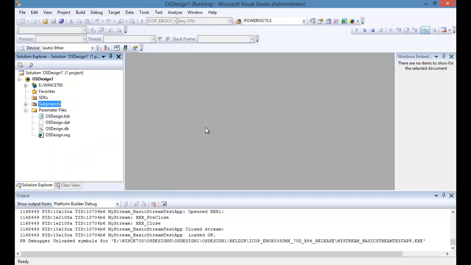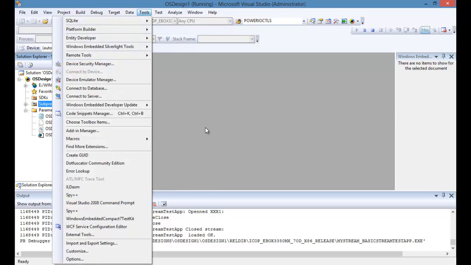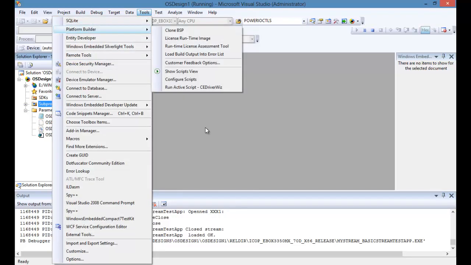Now, to address the first problem, adding custom projects, the first version of this wizard, CEDriverWiz, was implemented as an add-in to the tools menu. CEDriverWiz is essentially just a standalone application which generates all the required files and sets up the text within them to use the required stream name, to use the required prefix and so forth. So when that's installed, if you choose the right options, you get the ability to run it from this menu here. So it runs,